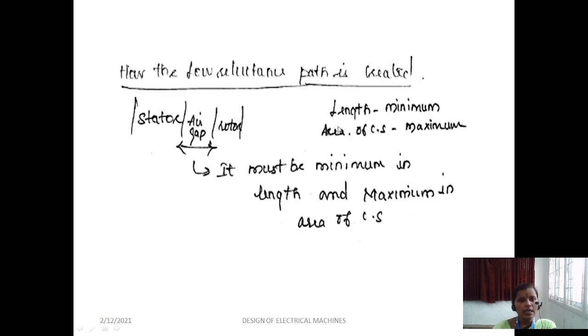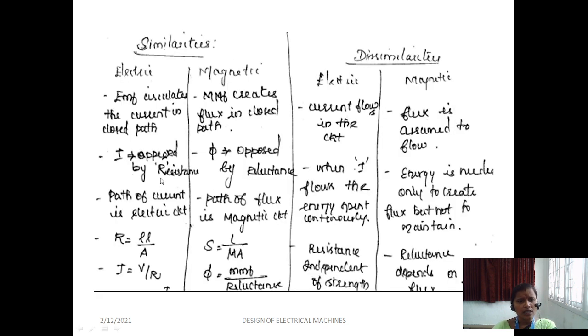Be careful when writing the points under similarities and dissimilarities of these two circuits. Okay, the next thing we are going to see is how to create a low reluctance path. Resistance is nothing but opposition to the flow of current, right? Meanwhile, reluctance is opposition to the flow of flux. If the resistance offered by the circuit is higher, the flow of electrons will be lesser. Similarly, if you construct a magnetic circuit with a higher reluctance,